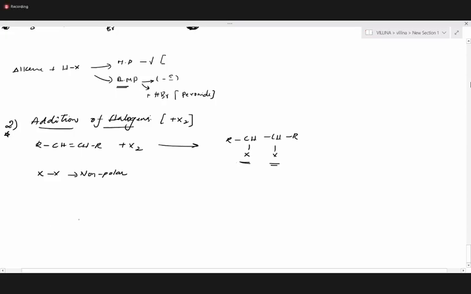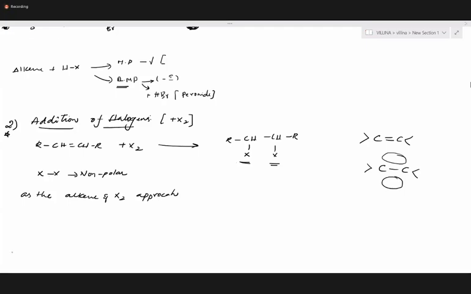As the alkene and halogen approach, before we go to this point, you all know that when it comes to a pi bond, the electron cloud will be above and below the plane, right? The pi electron cloud we have will be above and below the plane. It's not a localized electron cloud, it is a delocalized electron cloud.